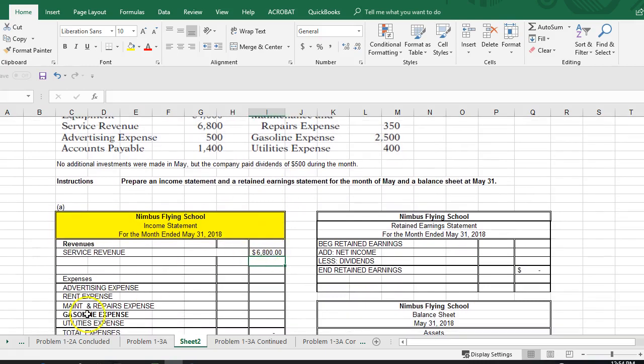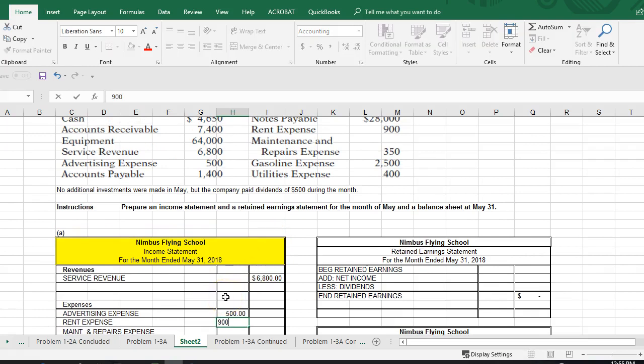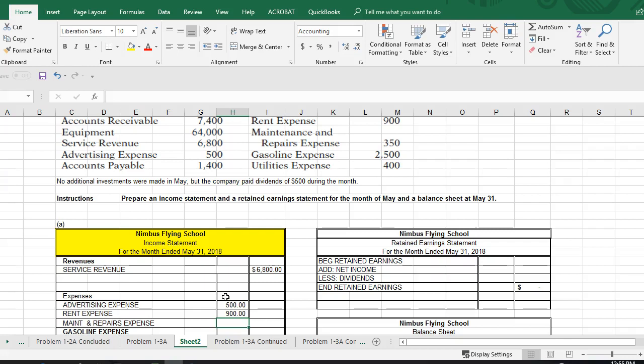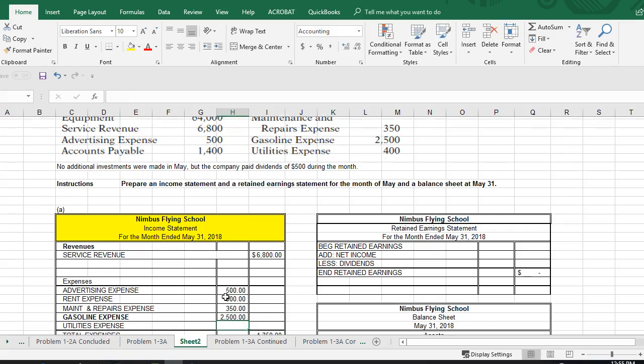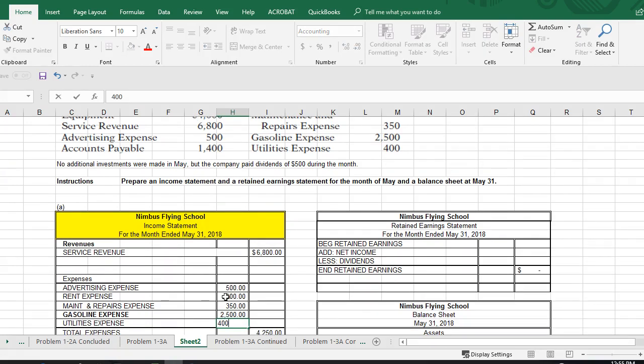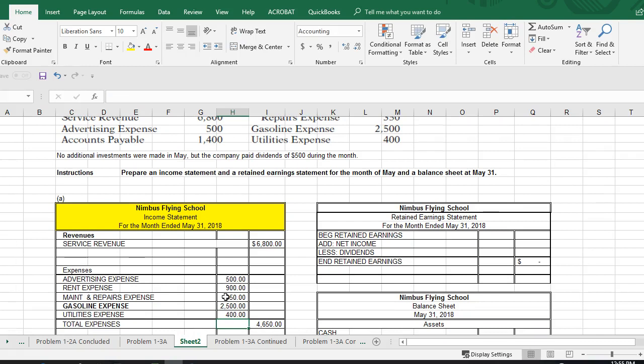So we're going to list all the expense account titles on the income statement and the amount for those expenses, okay? So the advertising expense total 500, not 50, 500. The rent expense total 900. The maintenance and repair expense was 350. Gasoline expense was 2,500. Utility expense total $400. You're going to itemize, list all the expense account titles. Then you get a total for all of the expenses. They total